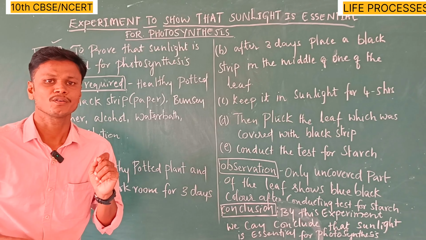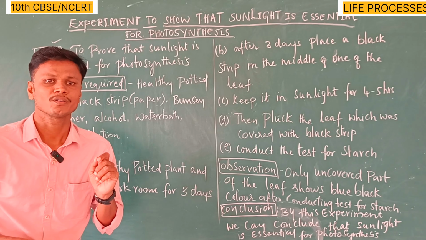So what is the procedure, how to conduct this experiment? You should take a healthy potted plant and keep it in a dark room for 3 days. You know the reason why we have to keep it in a dark room: to remove the starch which is already present. Once after keeping it in a dark room for 3 days, all the starch present will